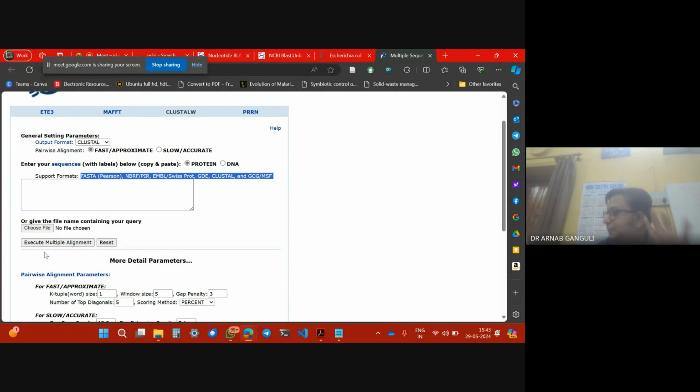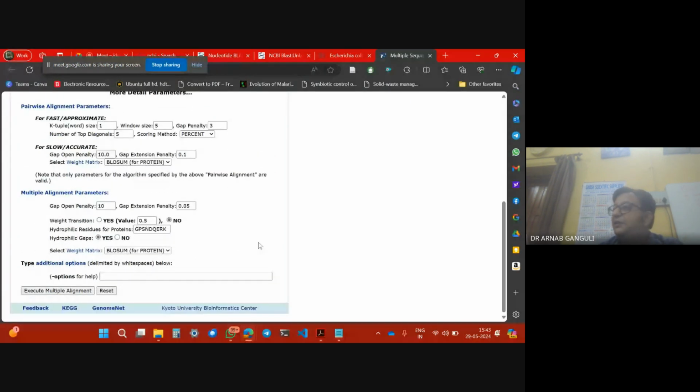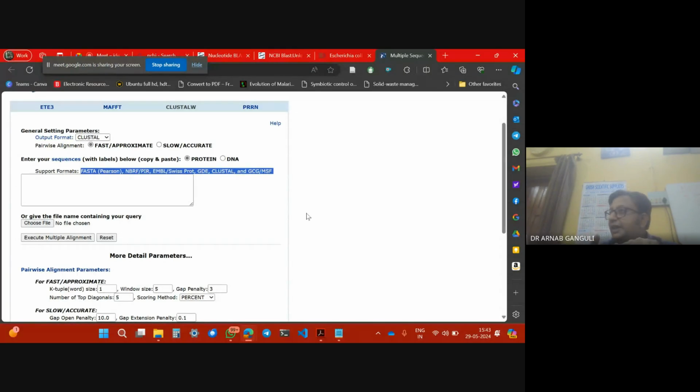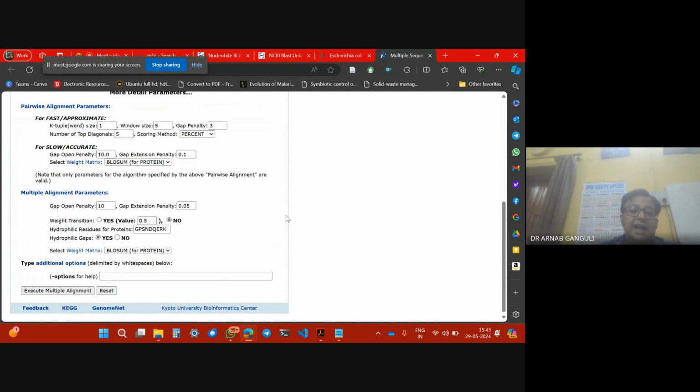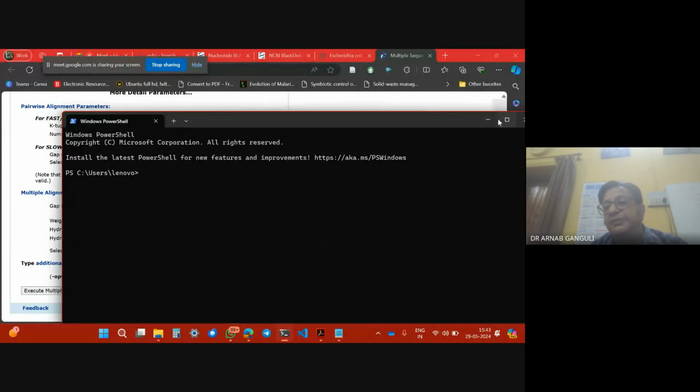एक के बाद एक FASTA format बिठा दिया. Greater than sign something written, नीचे sequence. फिर उसके नीचे greater than sign something written sequence करके 5 बिठा दिया. And you will execute multiple alignment and the sequences will align. A particular type of file called Phylip file, PHY file will come. That particular file you use in a software known as Phylip. You can do it also in Python programming, which I normally prefer to do this because if